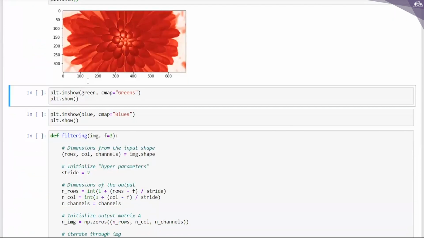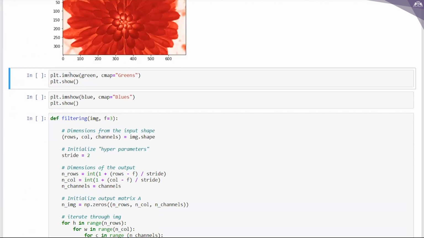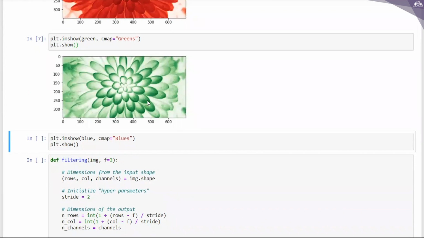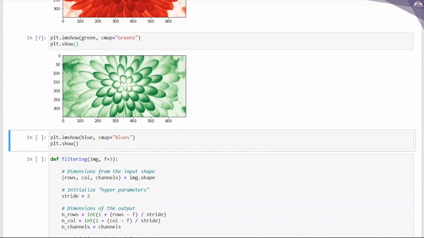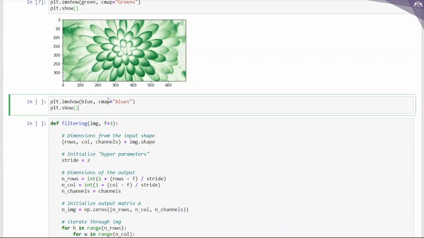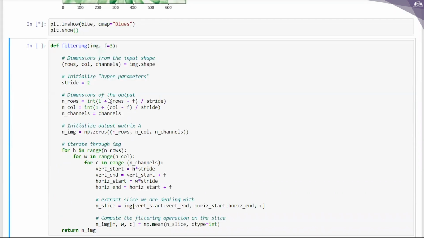In the next code I'm writing plt.imshow green, cmap equal to Greens. And now you can see the flower as a beautiful green flower. Let us do it for blue now. Yes, this is looking nice. So this is what we get.